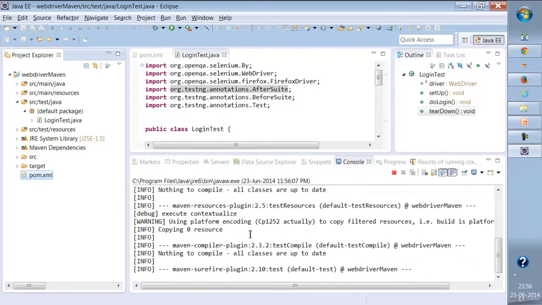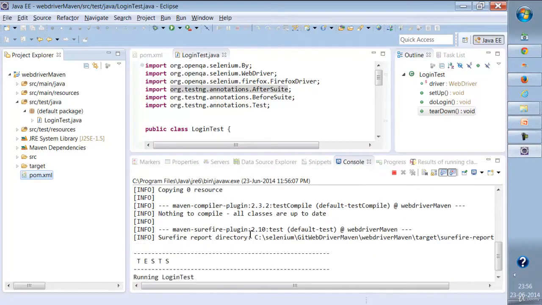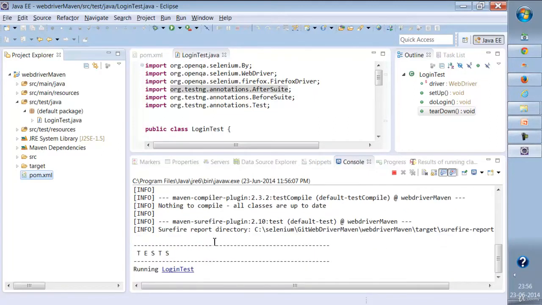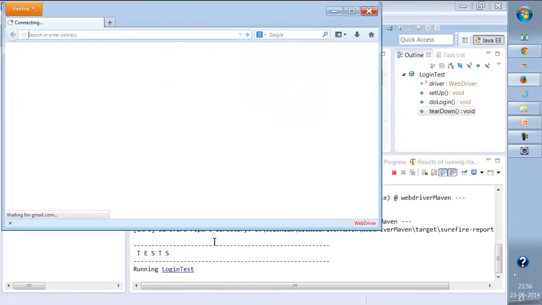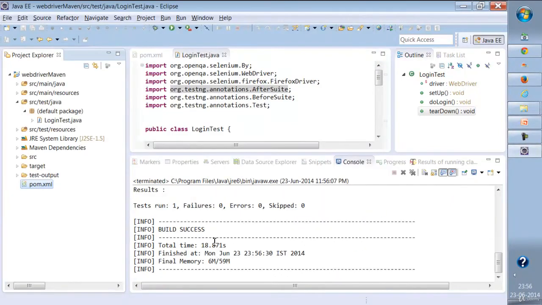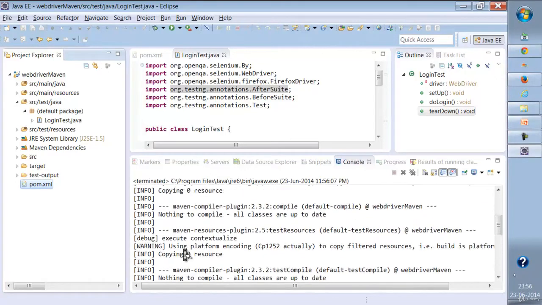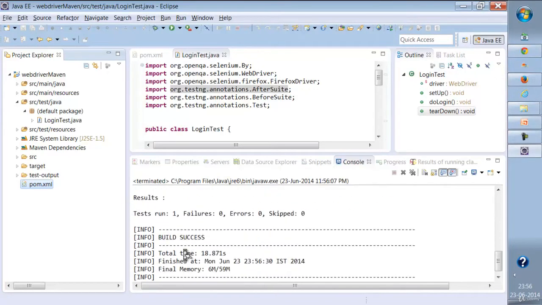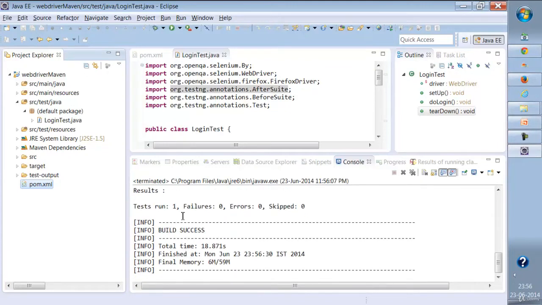So it will perform all these actions, and at the end it will execute a test. This is very important to see whether a build is successful using Maven or not, because only then are we going to deploy this build onto the remote repository, right? Over here we can see that one test ran and the build is successful. It means that whatever code we have written is running absolutely fine through Maven as well,